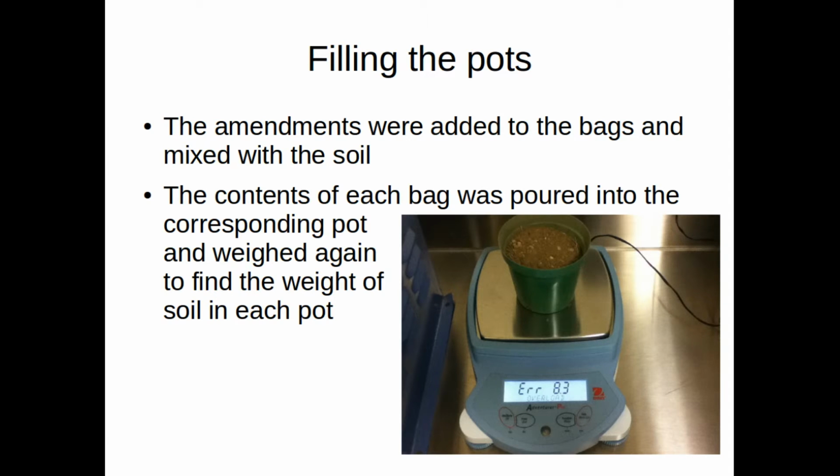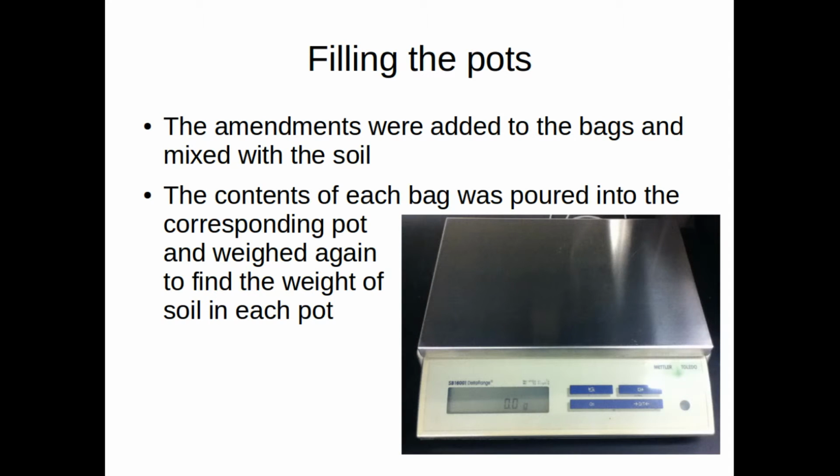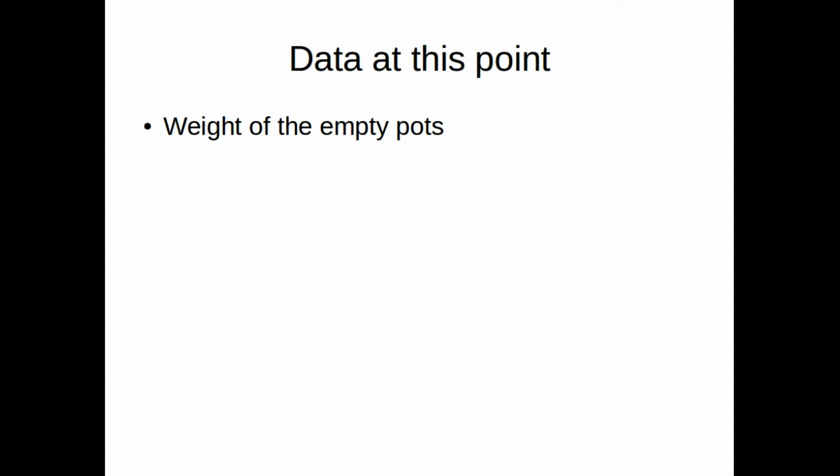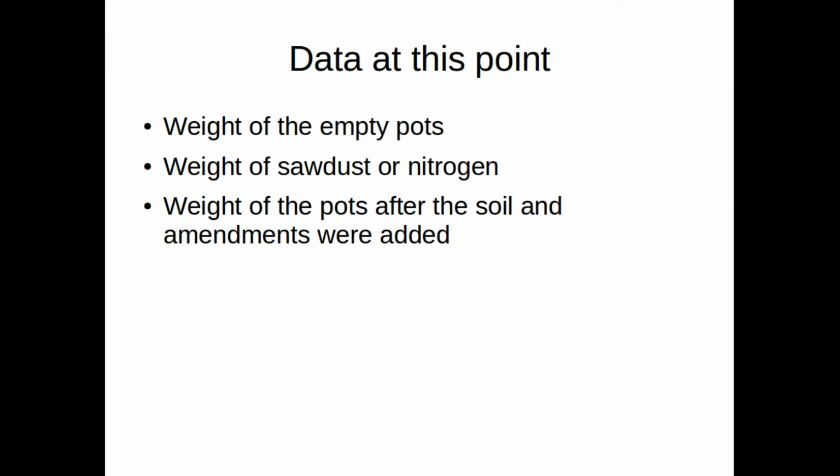The pots were weighed with the soil, but they were too heavy for the smaller scales, so I had to use a larger one. At this point, I had the weight of each empty pot, the weight of the amendments, and the final weight of the pots. From this, I could calculate the weight of soil in each pot. This will be useful for comparing grams of amendments added to grams of soil as a potential factor for the